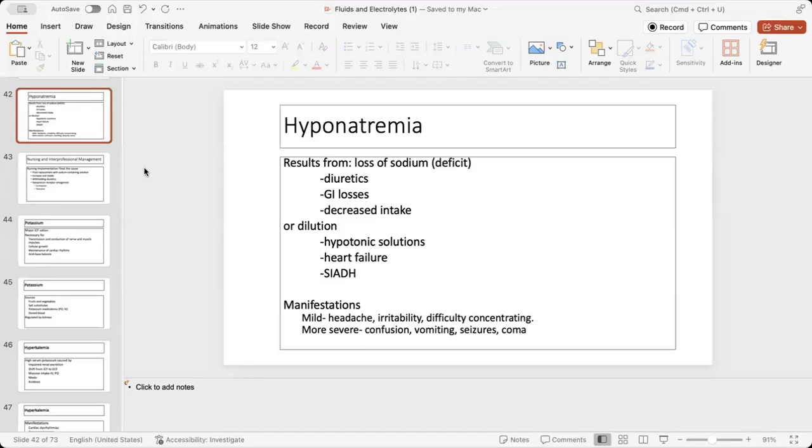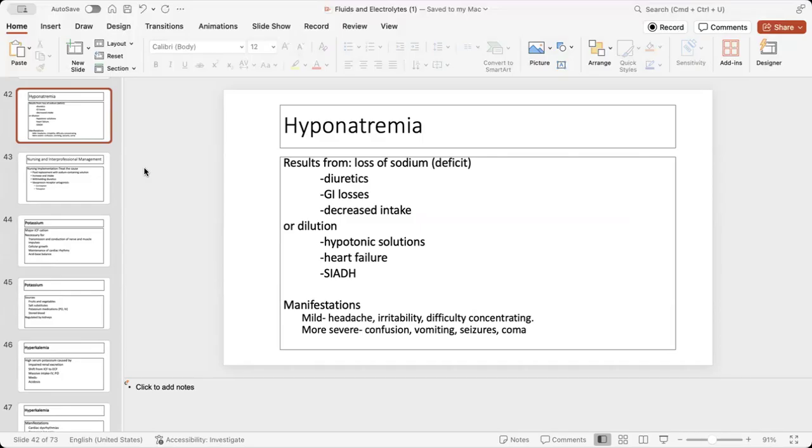If it's from a diuretic, what might we need to do? Hold the diuretic. Give them what? If they have a loss of sodium, what can I give them to replace that sodium? 3%, no. So you give 3%, or maybe I can just give normal saline, right? That has sodium in it. Depends on severity. Depending on how severe the sodium loss is, you need to replace that.